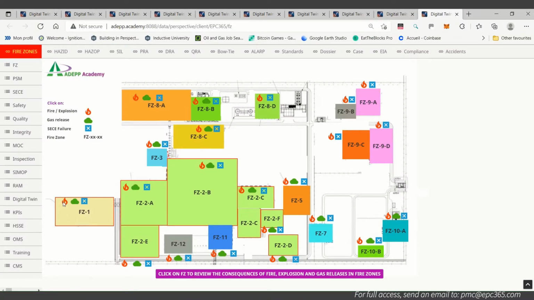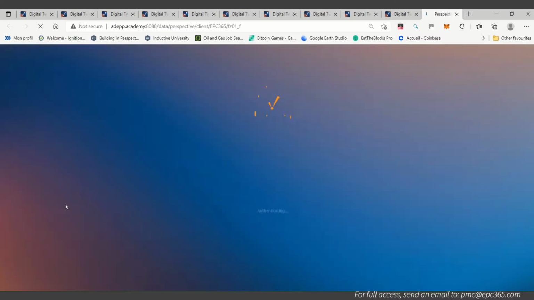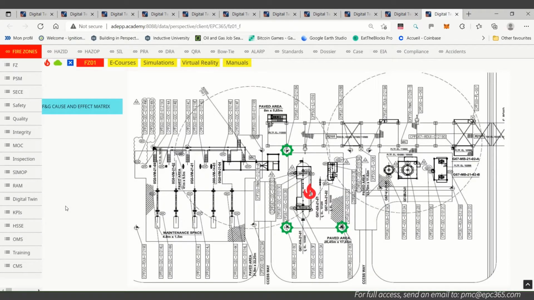If there is a fire and explosion, we want to see what happens in case of the fire and explosion. We create the different scenarios. For example, if there is a fire in the separation area, three flame detectors detect this. This one does not detect because of an obstacle here. We have a 2 out of 3 voting system, and we want to see what happens in case of the